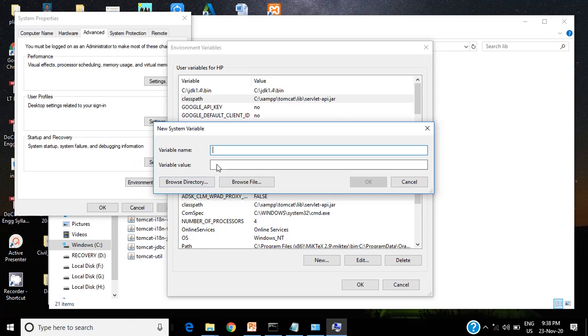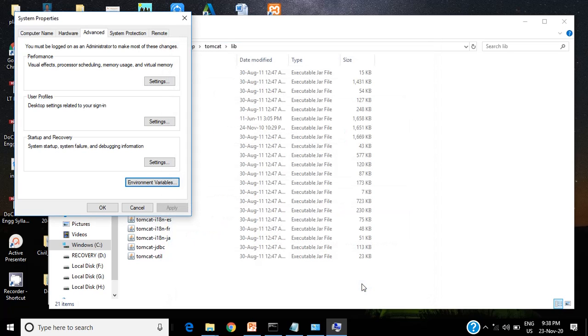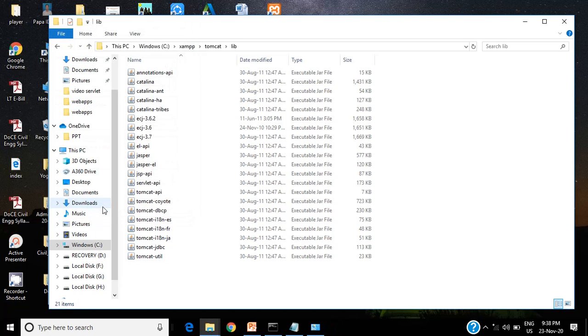Here in variable value you give the path up to servlet-api.jar. Here I have already set the classpath also. So you need to set the environment variable, user variable also and system variable also. Then click on the OK button. After that, here once again click on the OK button. Now setting the environment variable of the classpath of the XAMPP server is completed. Then the next step is